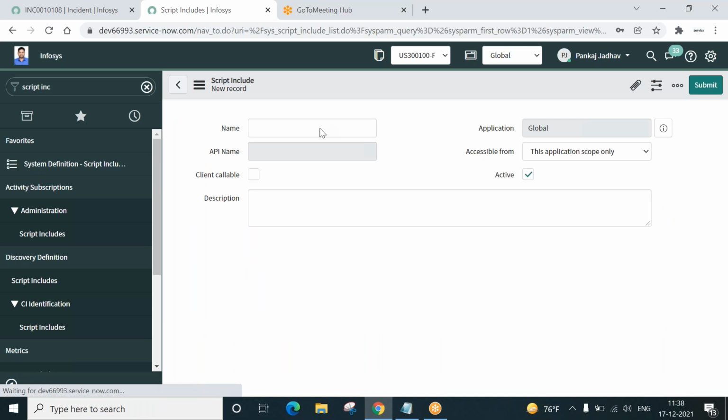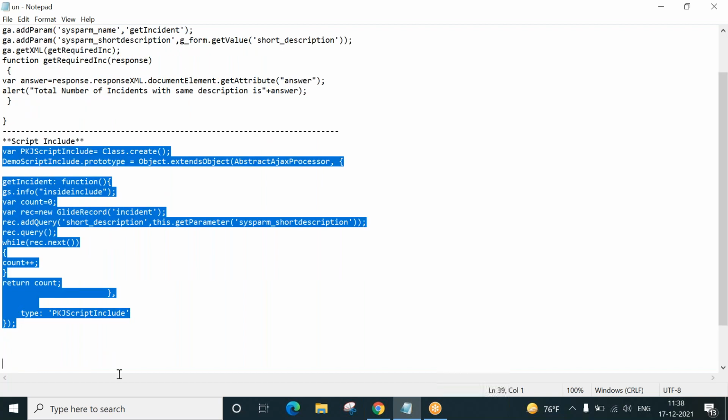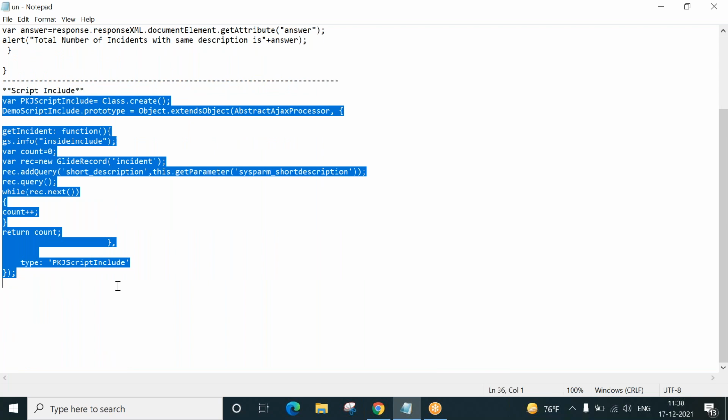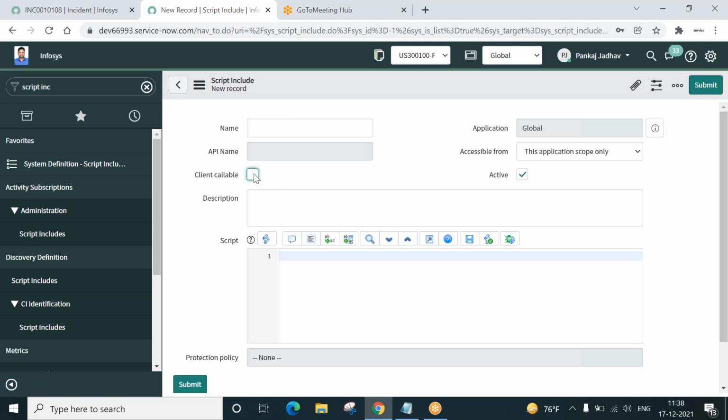We are going to paste it over here. This is the script include. I'll explain each line. It is client callable. Why? Because we are going to call it from a client script.